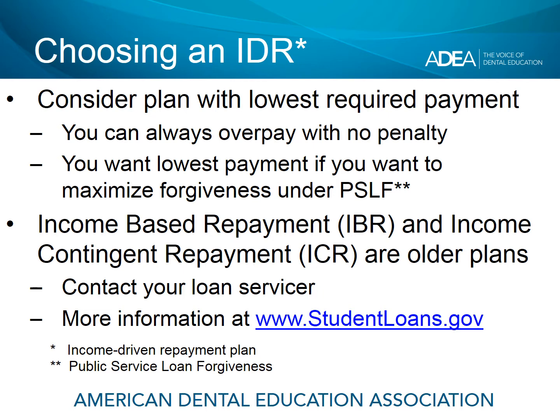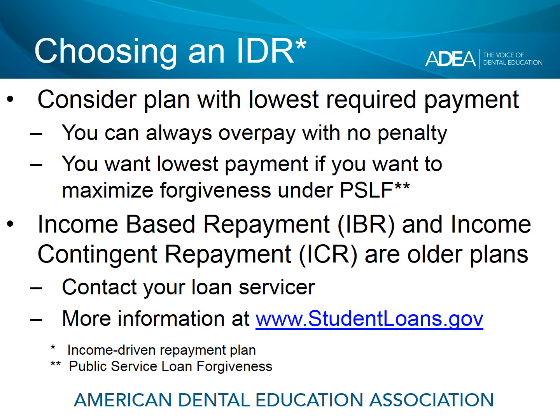But remember also that if public service loan forgiveness is part of your repayment strategy, you actually want the lowest payment, because the lower your payment under an income-driven repayment plan, the higher the forgiveness amount is going to be under public service loan forgiveness. That is why, again, we are looking specifically at PAYE and REPAYE, because the initial payments in these plans are almost always lower than income-based repayment, known as IBR, and the much older plan known as income contingent repayment, or